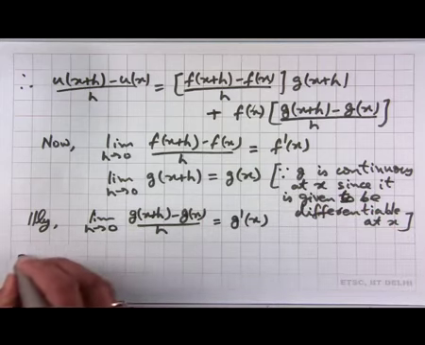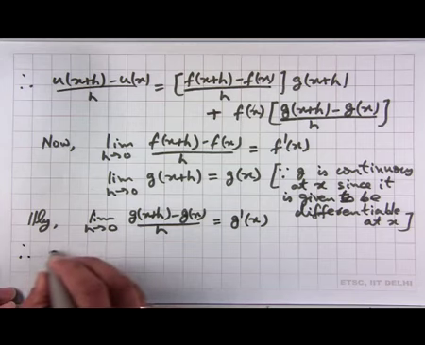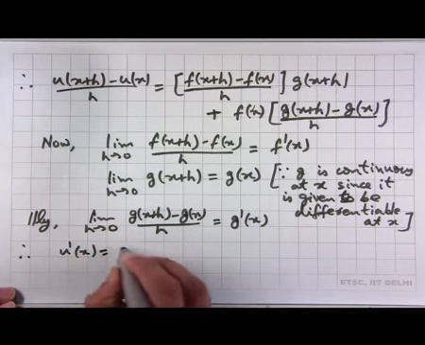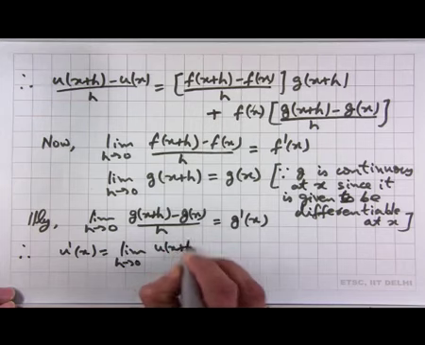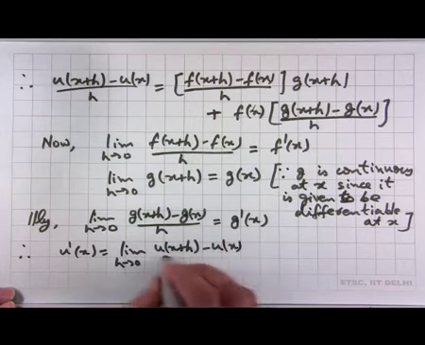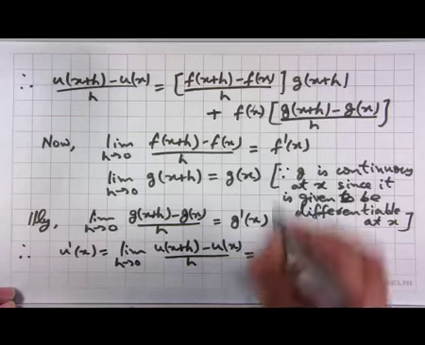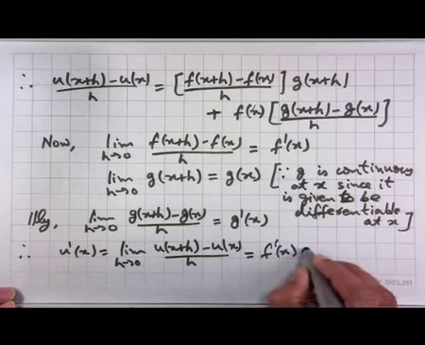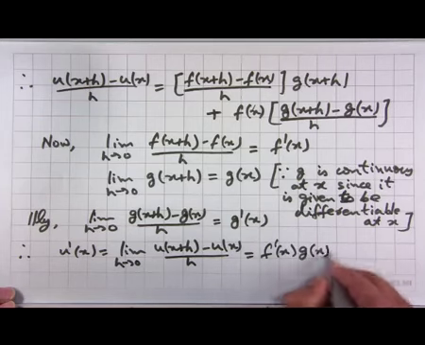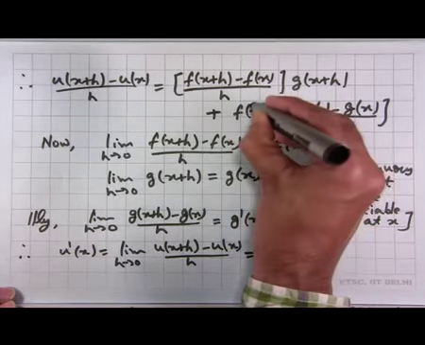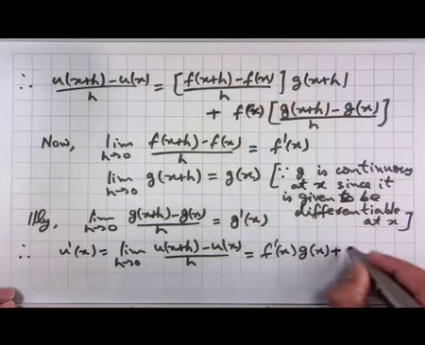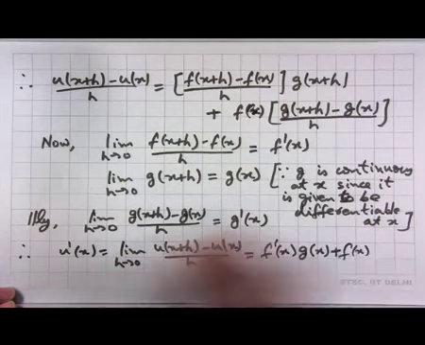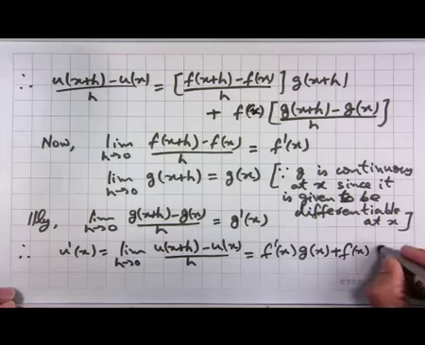So, therefore, we have that this limit exists, u prime x, which is equal to the limit of h going to 0 of u x plus h minus u x divided by h. This is equal to, the first limit here is f prime x, the limit of the second is g of x, plus here the first term is simply f of x times the limit of the second one, which is g prime x,